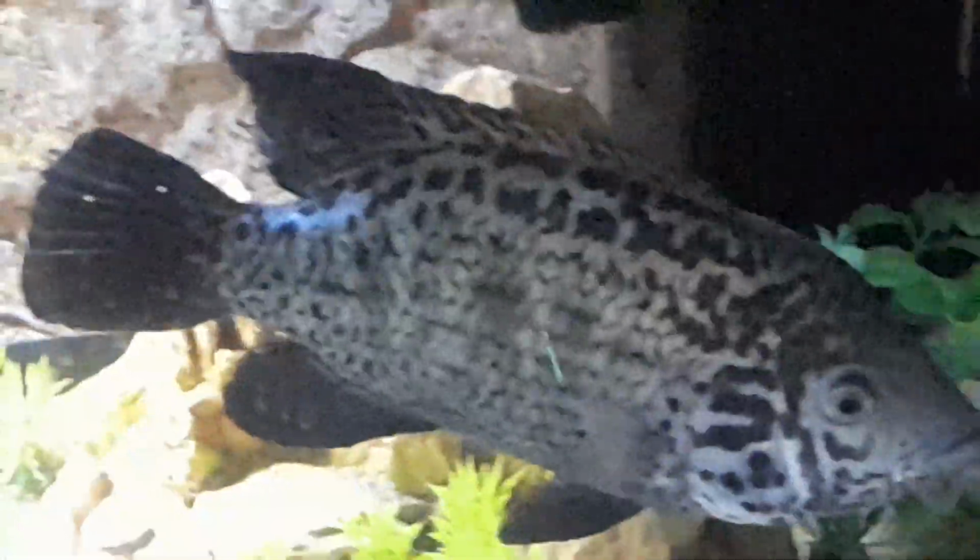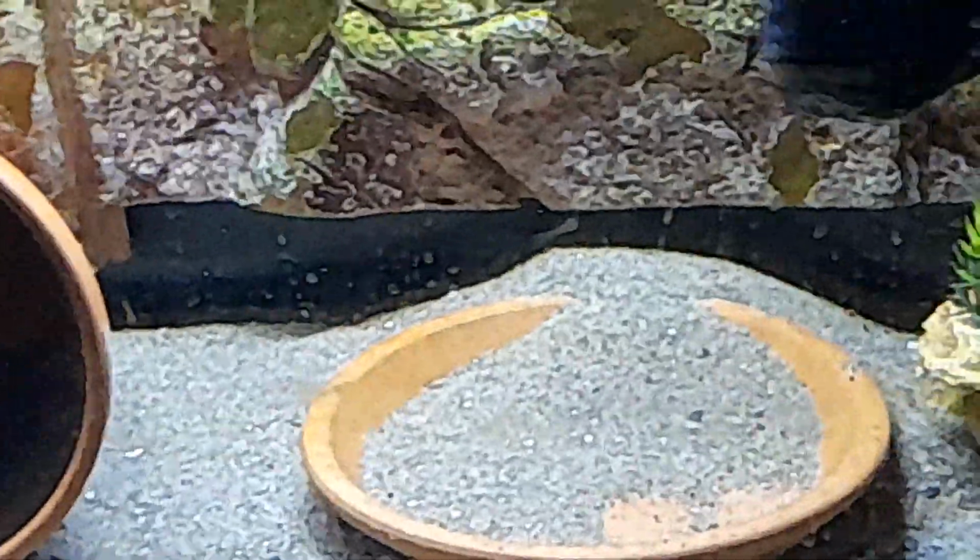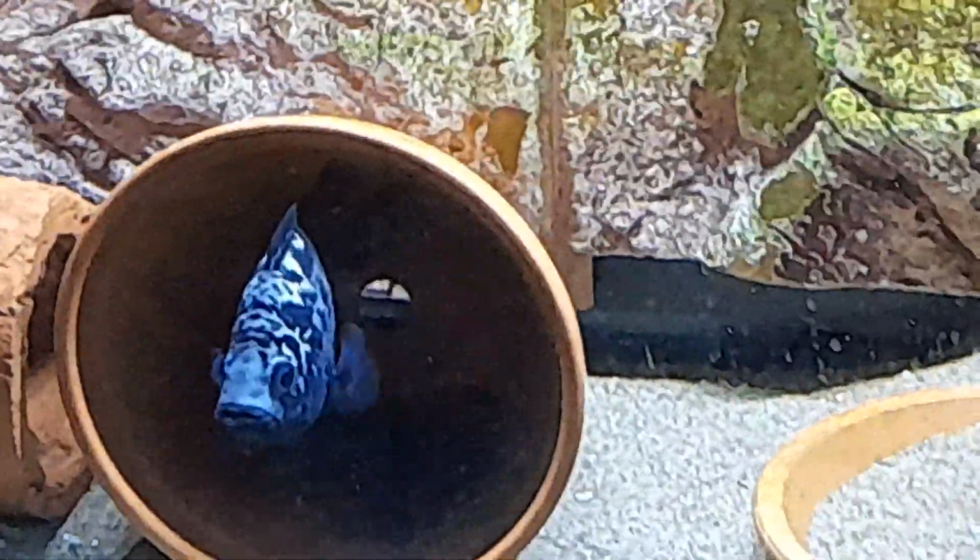I was surprised because he's actually too big to probably get in that pot now. So the last time they spawned in there, that's why I had the pipe put in there, so that they could both get in there. I've laid various sized dishes all around for them, but no, they won't spawn in this pot. Well, it's her in it, but